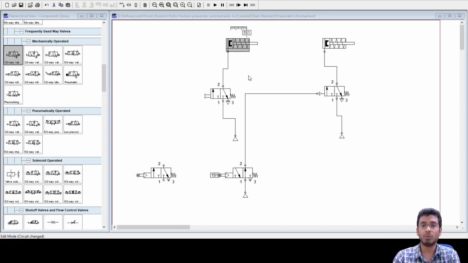If you click on another tab here, the fourth one, it shows the stroke of the cylinder in mm. In this case, I can see 0.5 mm as my stroke length. It can be 50 centimeter, whatever your stroke length is, that depends. This is given for the cylinder by default, whatever cylinder you select.